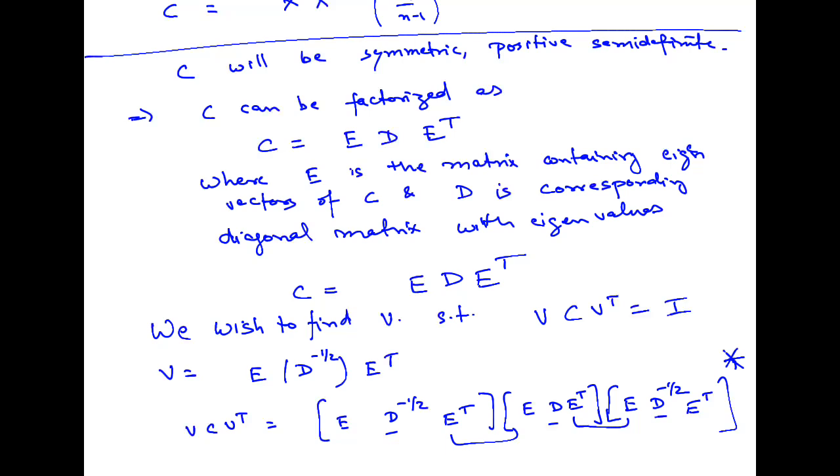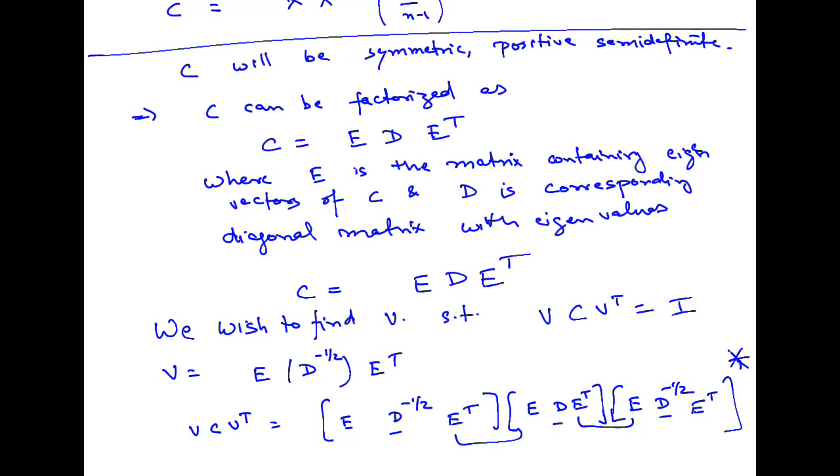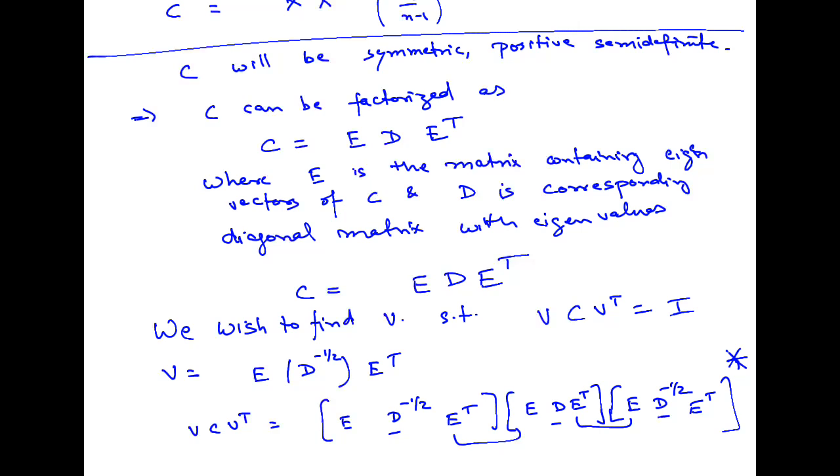Right? So E times E transpose. Is it like D into D to the power minus half is I? How can we do this? Just work it out. Just multiply two diagonal matrices. You will just have the diagonals. Both are diagonal matrices, right? So this is nothing but I. But there's something more interesting that's going on here.